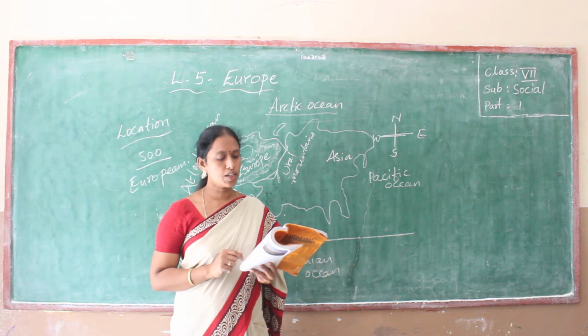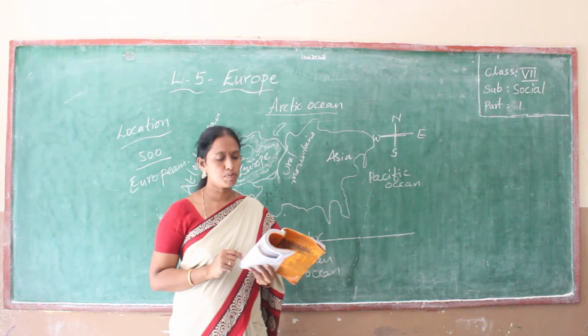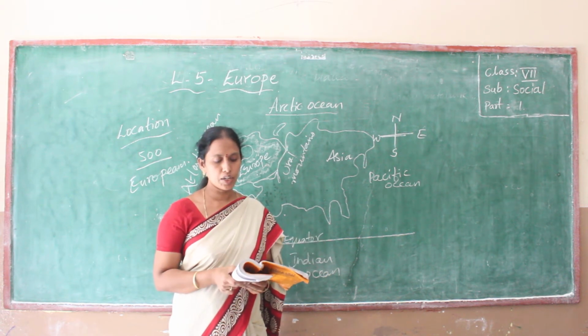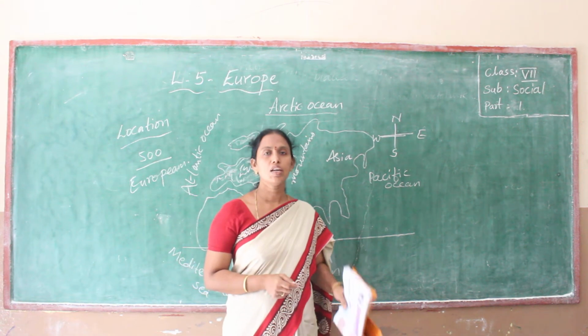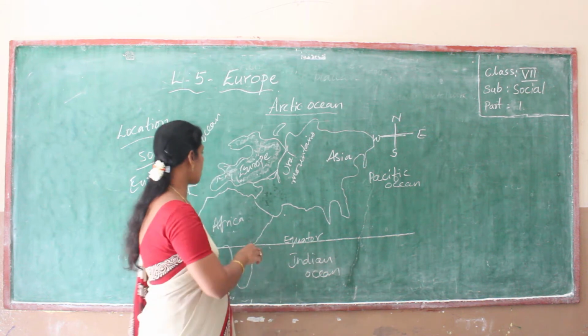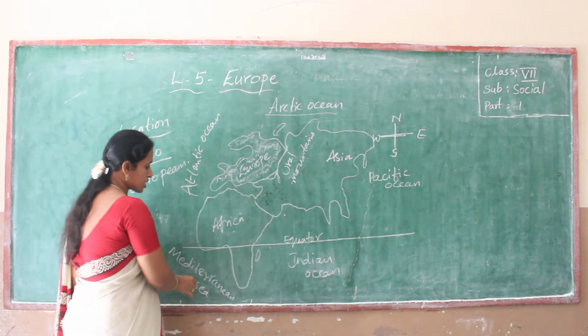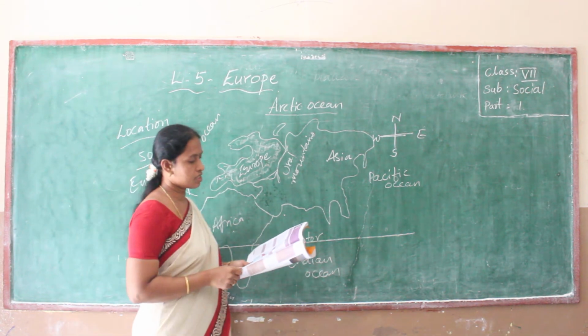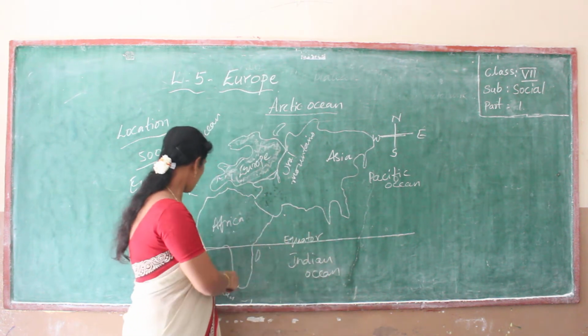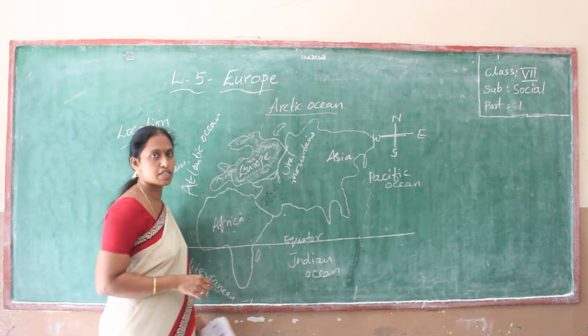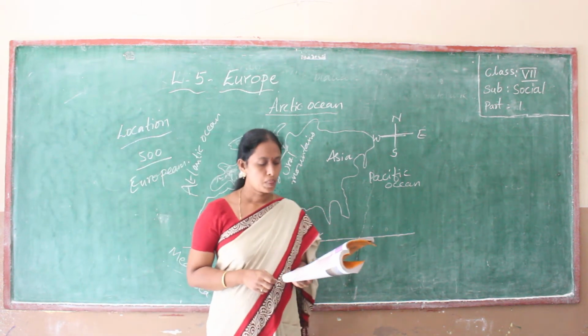You can see that all these regions are situated around the Mediterranean Sea. That is why Europeans thought this sea was in the center of the world. They thought the sea was in the middle of the region. So it has been known by this name ever since. This is called the Mediterranean Sea by Europeans.